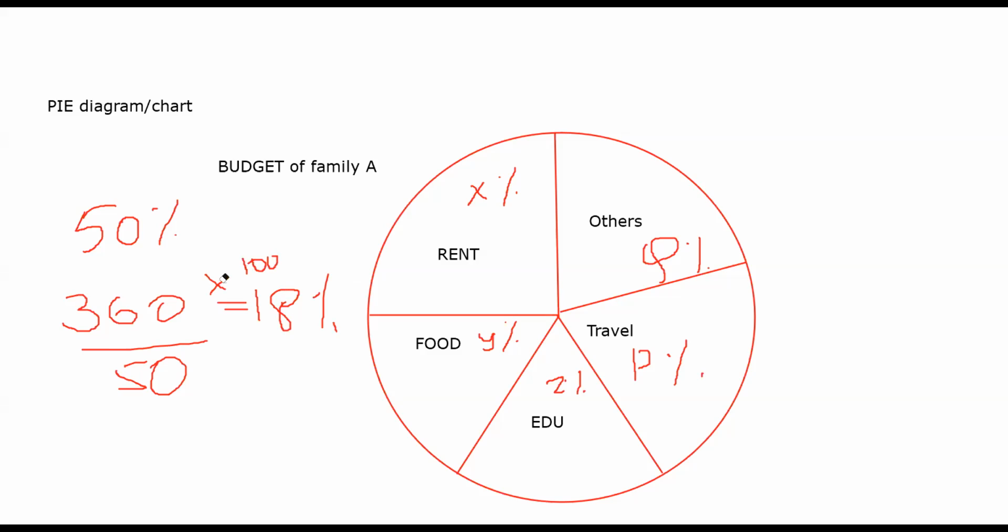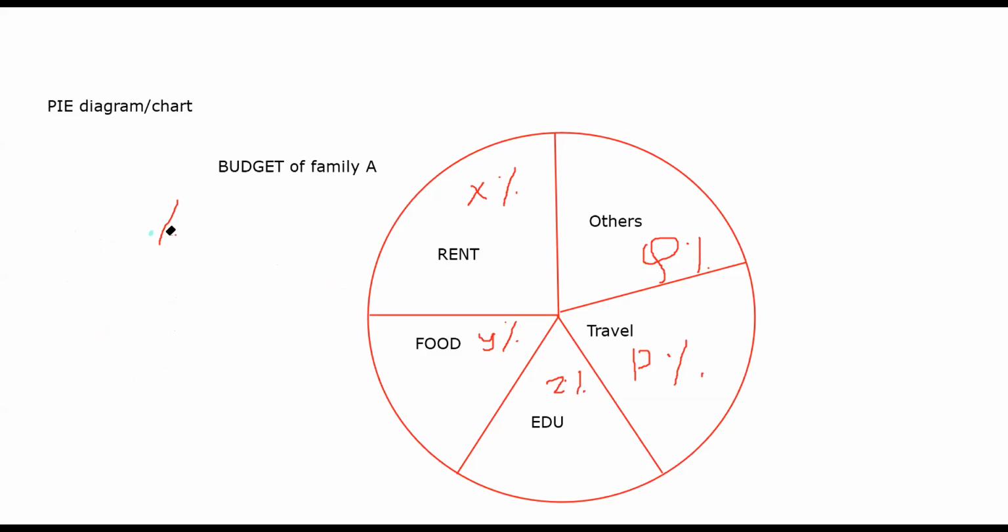One second, let me check. There might be some loophole. Basically, 50% means you allocate half of 360 to them, okay. I think I have a formula here. I forgot the direct formula, but you can memorize it once you start using it very intuitively. It will come. 360 will be the whole area. Out of that, the different percentages, however much you are allocating, that will be the part.